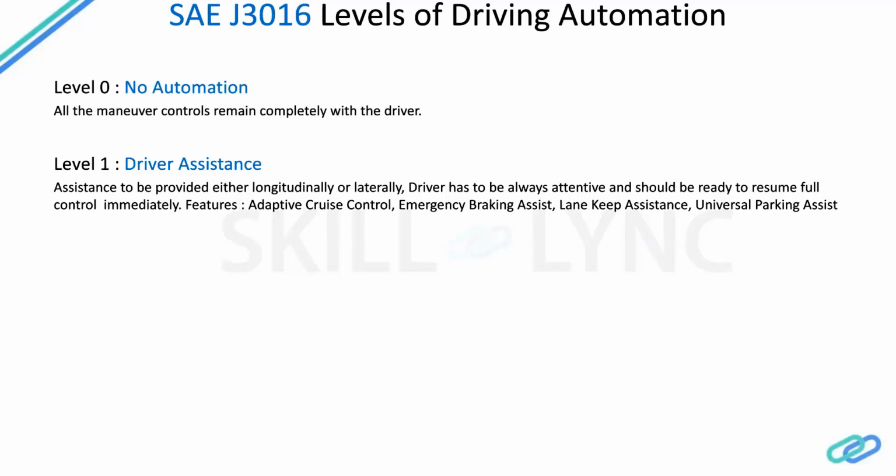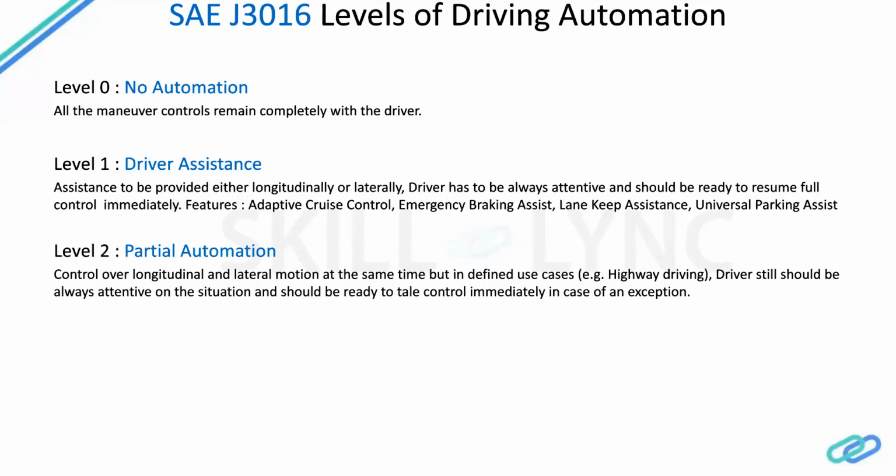And at any point of time, these control systems can fail or give a warning to the driver that, okay, I'm not capable of handling the situation right now, so you have to immediately take control of the driving now. So the driver has to be always attentive to the situation ahead of him. Some prominent examples of a driver assistance system could be adaptive cruise control and emergency braking assist. I will be taking you through these control models one by one in a later part of my presentation.